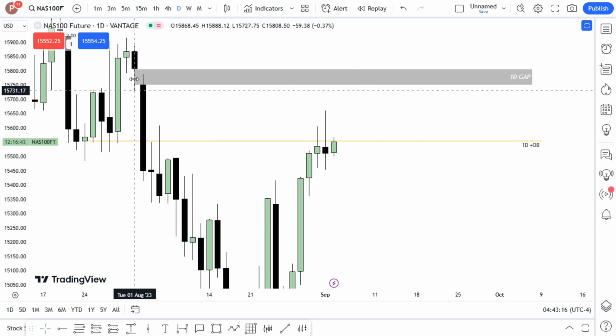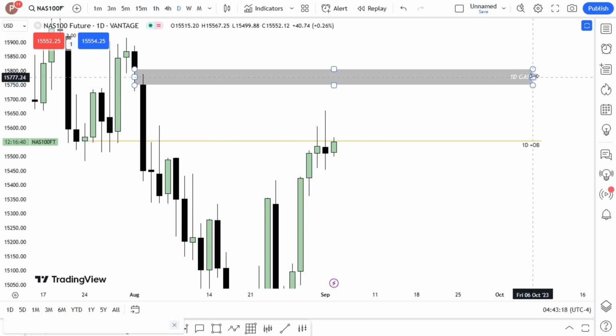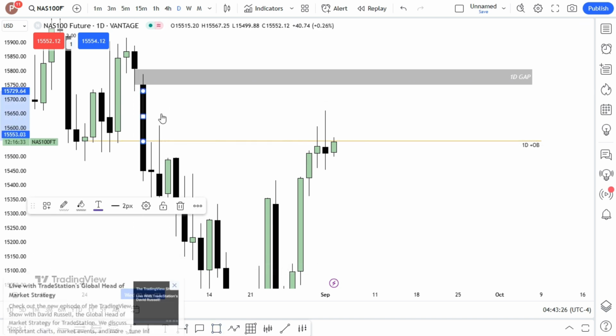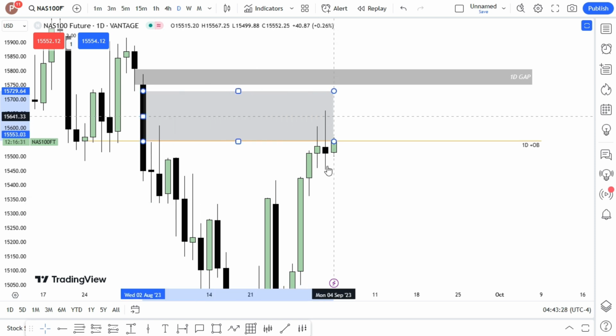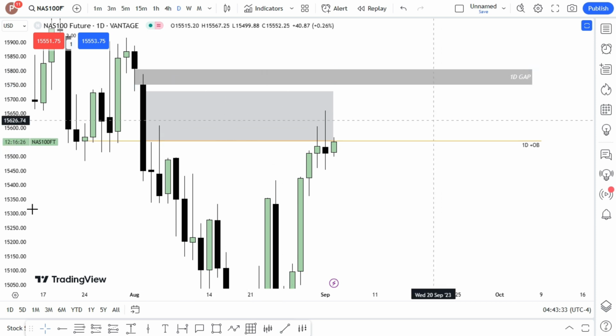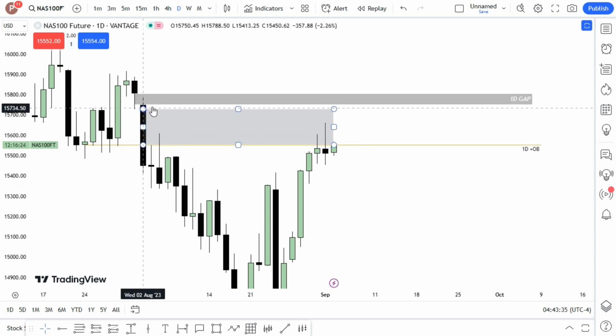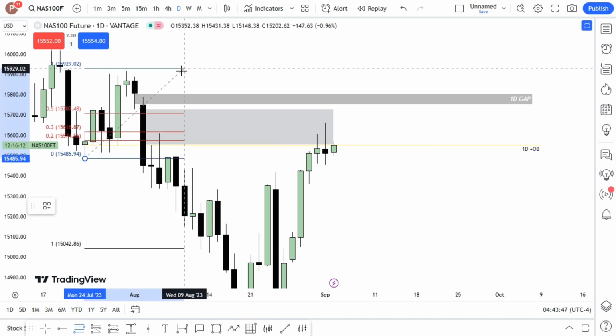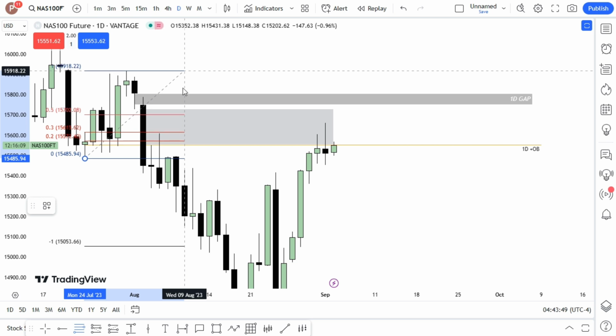Okay, with this one, we have this 1-day gap right here, this volume imbalance, and we have this FVG gap right here. Personally, when price is like this, I tend to look for the one which is at the most extreme, right? So pretty much within this order block range from this low to this high, the one that's above the FVG gap range, the equilibrium, then